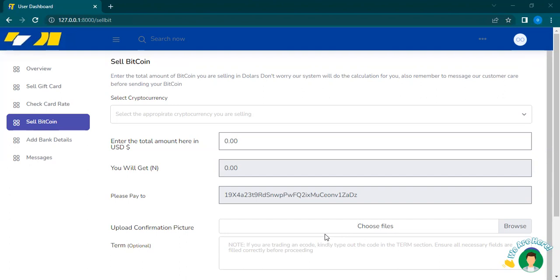Another thing is with the sell Bitcoin space. It depends on the site you are sending your coin from. Some might send $200, depending on the site from which they send their coin, their wallet. On getting to our side, we might receive just $190. So in order to avoid any form of conflict, the moment you want to sell,